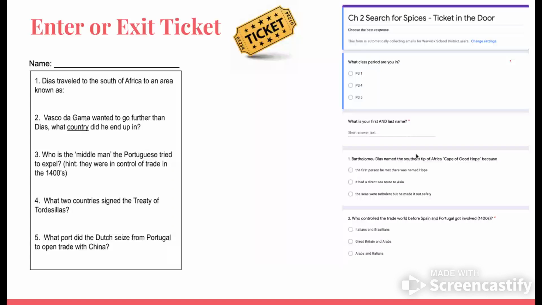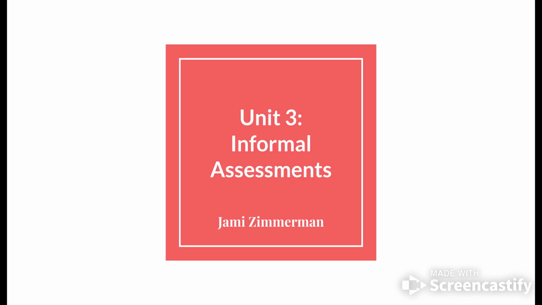So for Unit 3, we talked about informal assessment and how teachers can check for understanding without a rubric. It can be very spontaneous, and it's just trying to use that information to set goals and to clarify information